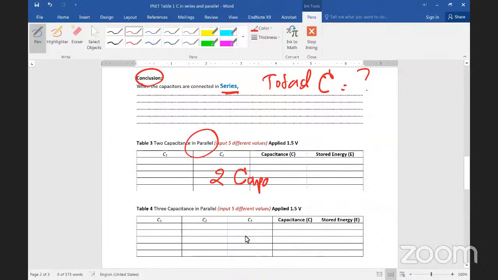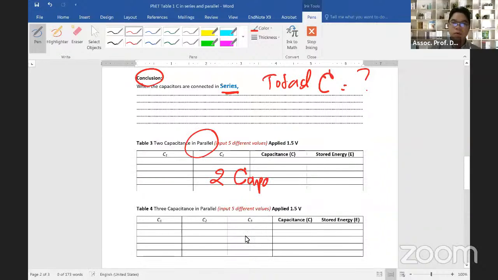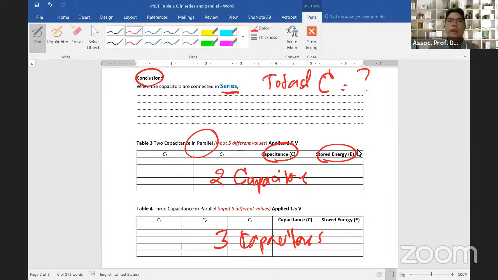You go to capacitor. Then you record the capacitance and stored energies. There are only 4 tables for each group to work with. We have about 20 minutes, should not be more than 30 minutes for each group. If you understand, we can split into several rooms, and Laifa will facilitate the breakout room, please.